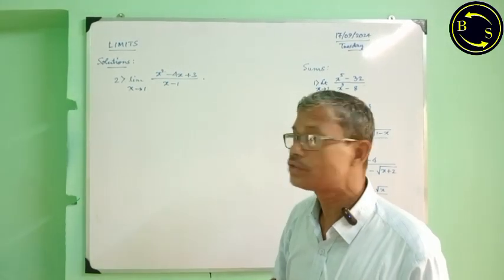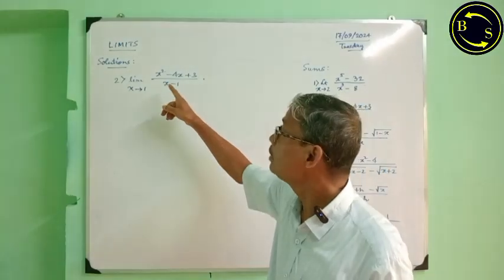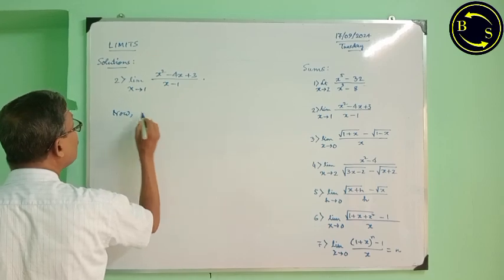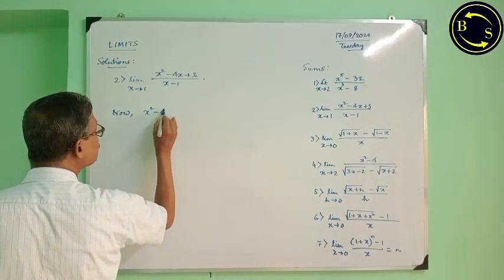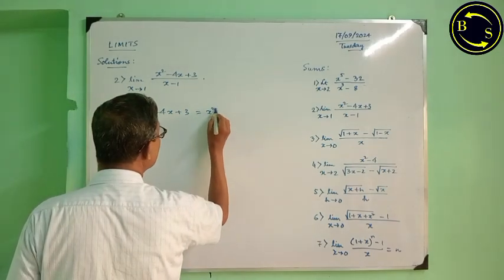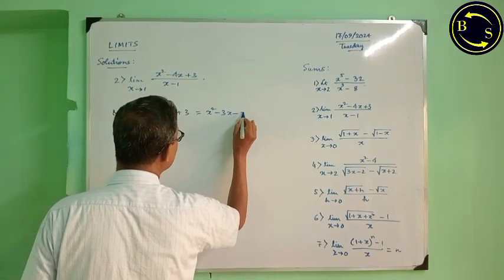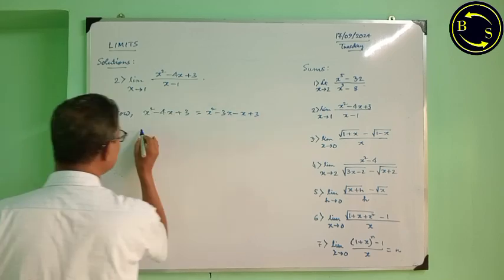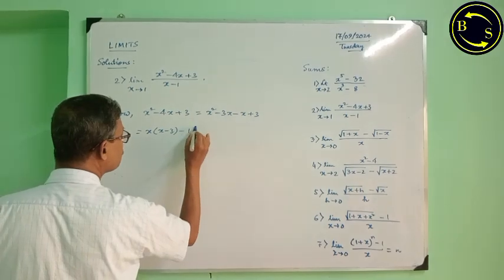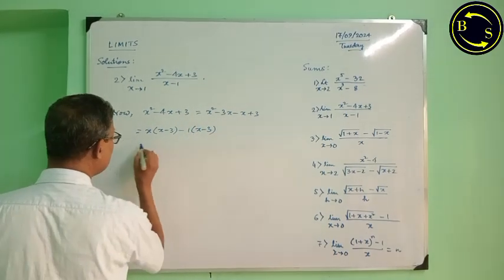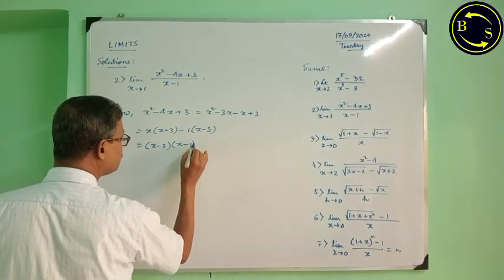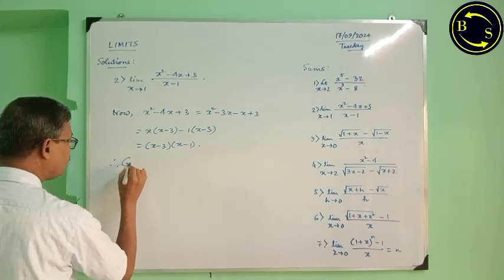For that, we first resolve into factors the numerator. Now, x square minus 4x plus 3 is equal to x square minus 3x minus x plus 3, which is equal to x into x minus 3 minus 1 into x minus 3, which is equal to x minus 3 into x minus 1. Therefore, the given limit